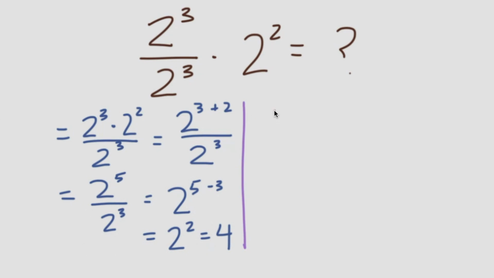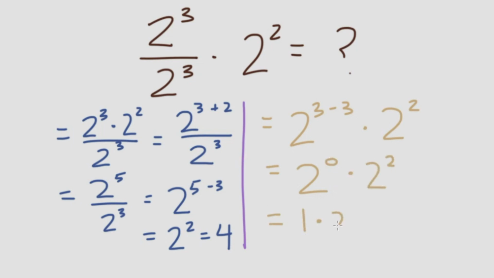Now, let me show you using what we learned today about the 0 rule. I'm going to start by subtracting 3 minus 3 on the top because I'm using the quotient rule. And I'm multiplying that by 2 to the power of 2. Well, 3 minus 3 is 0, so I find that this whole thing is 2 to the power of 0 times 2 to the power of 2, and 1 times 2 to the power of 2 is equal to 2 to the power of 2